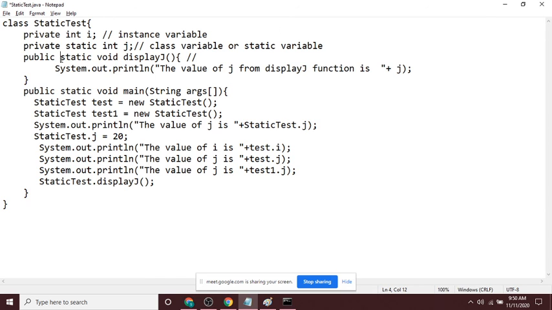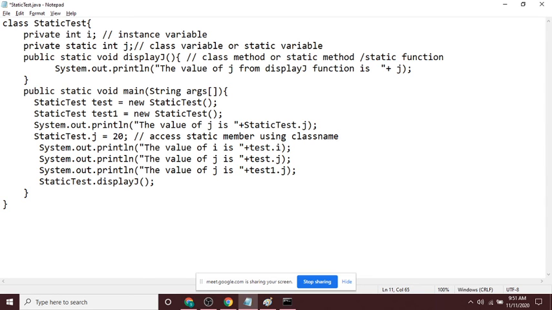Wonderful. Why? Because we are using static here, it belongs to the class. So class methods are static methods or static functions. So what are you doing here? Access static member using class name.